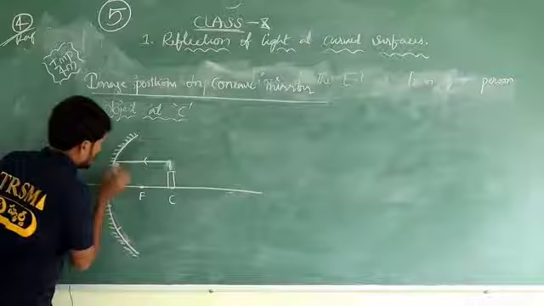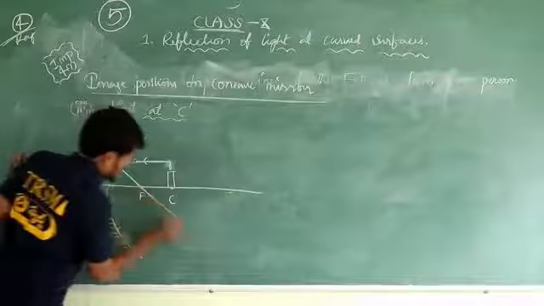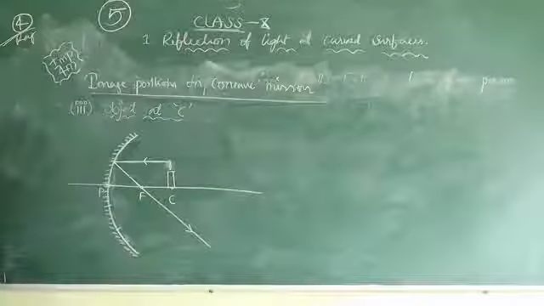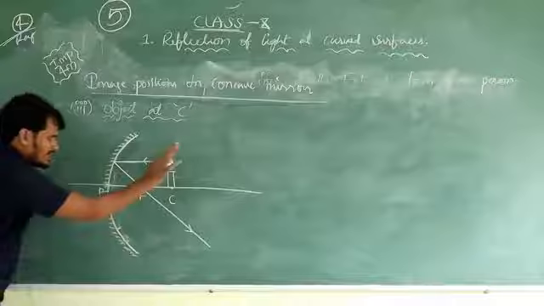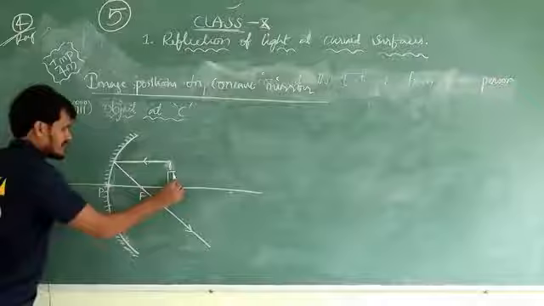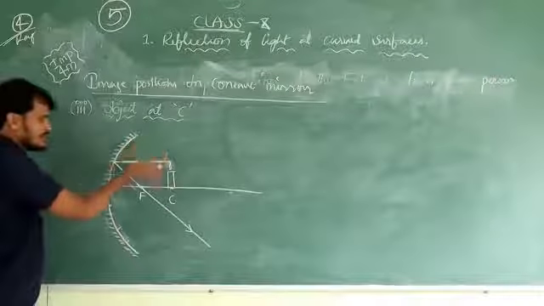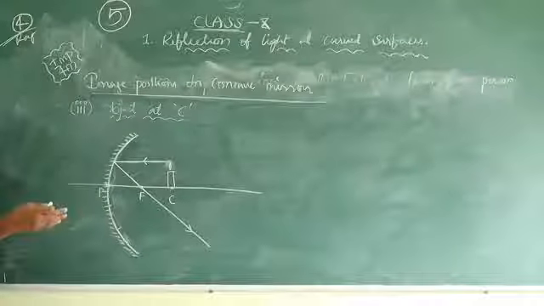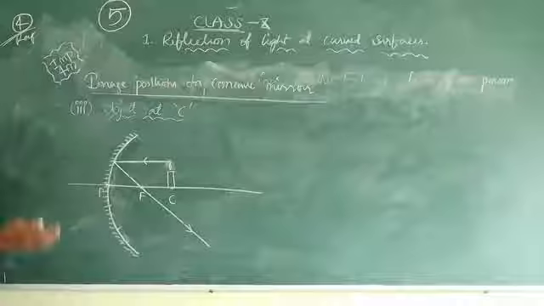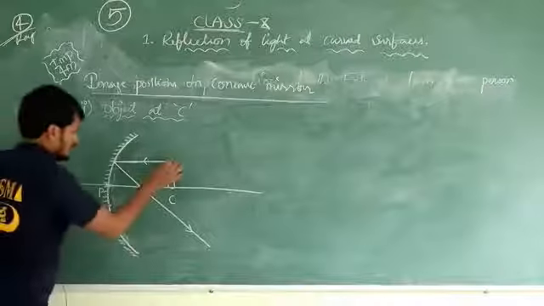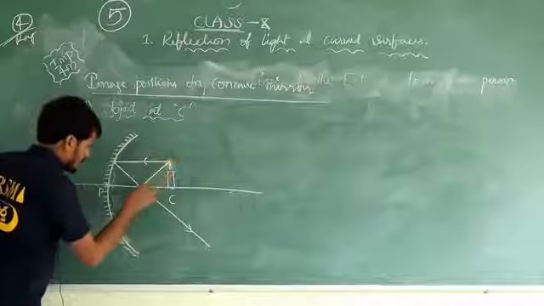It passes from which one? The reflected ray passes from the focus. Now, is it possible to take the second incident ray from the center? No, because the object is exactly on C. How can that ray come from C? Not possible. So, except for a ray from C, take any other ray, maybe at F or maybe from P. So I am taking the second incident ray from F.